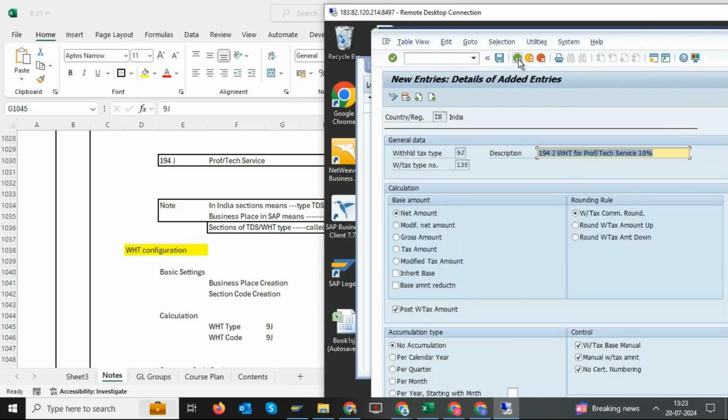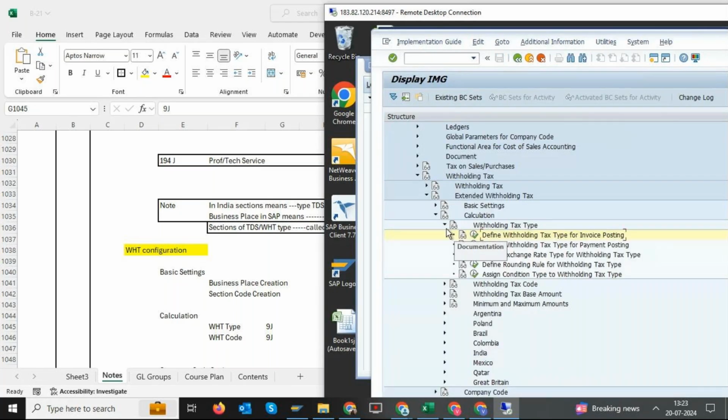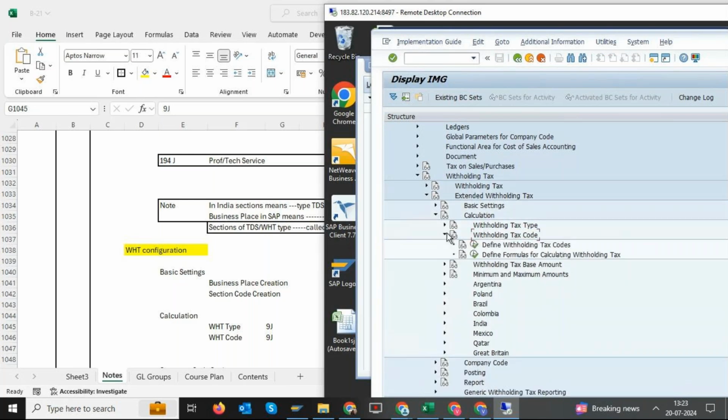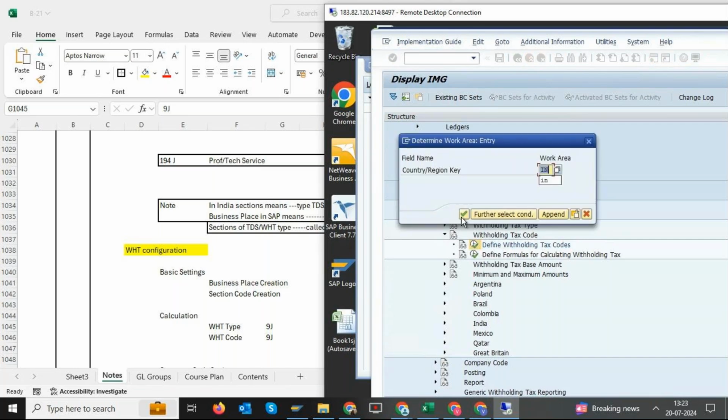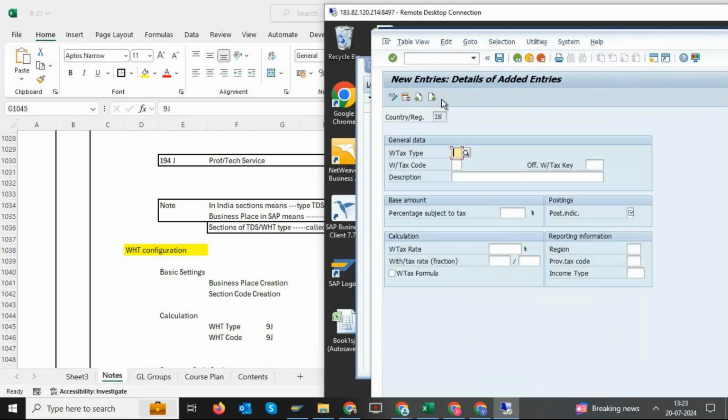Come back. The second one, you have to create tax code now. So tax code, just below this you have withholding tax code. Go here, define withholding tax codes. Go to new entries. It's a tax code. When you're posting, we use this tax code so that transactions will get posted automatically. So here you have to enter the tax type what you created already, 9J, and also 9J here,